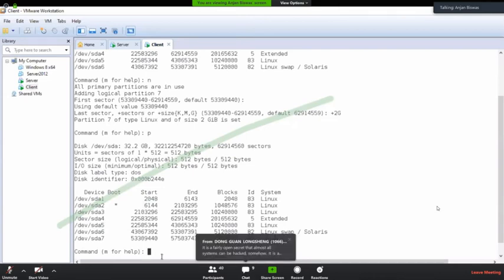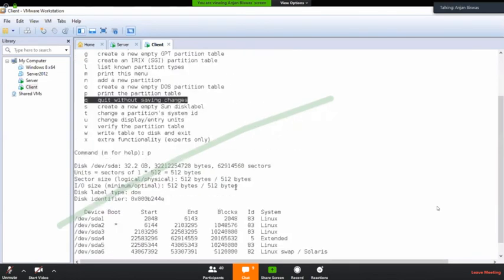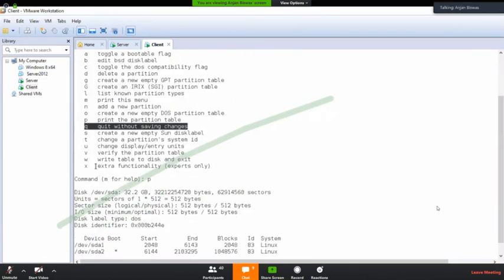So you need to save it into the partition table. To save the newly created partition into the partition table, choose write table to disk and exit. So W.